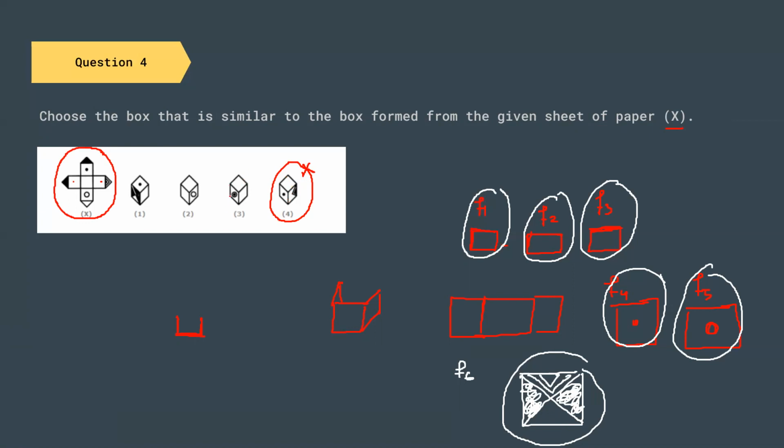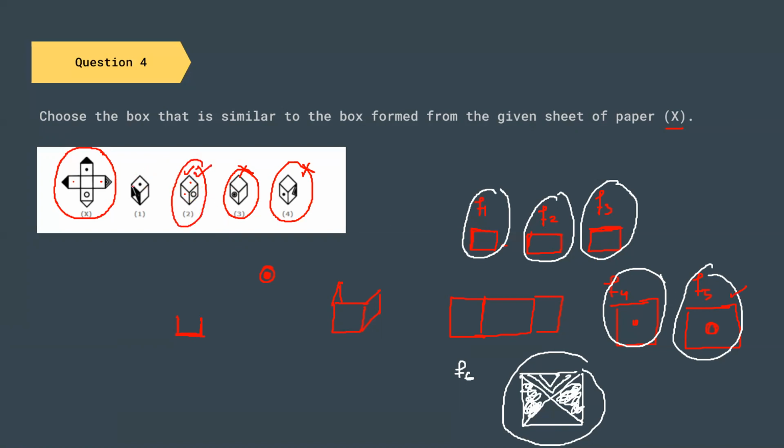Now let us go to this one. In this particular option, if you observe carefully, we have a concentric circle. Like there is a circle and there is a circle over it. So there is no such face where we have a concentric circle. So this is also a wrong option. Now, if we see here, we have three white faces, and with one of the white faces we have a circle like this. So exactly this option is possible because two of the white faces I can see, and attached to these two white faces we have a circle. So this option is also correct.